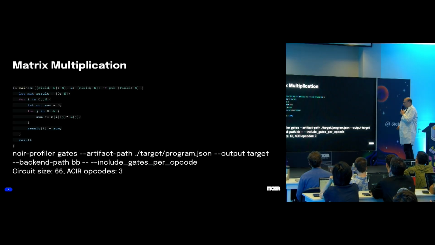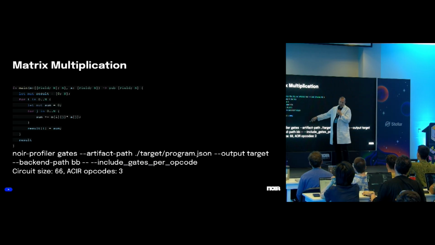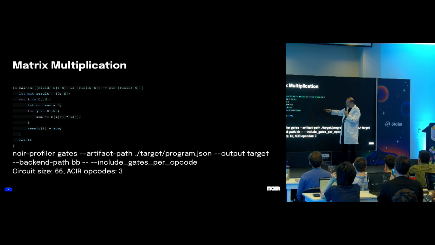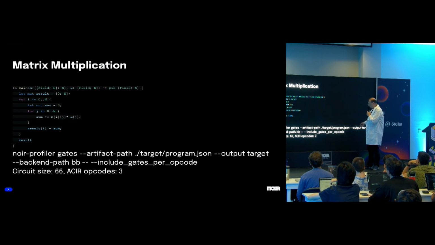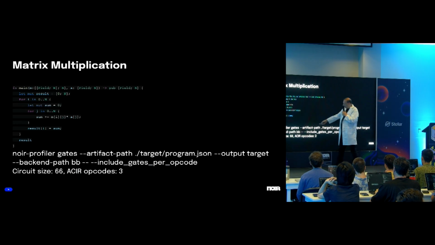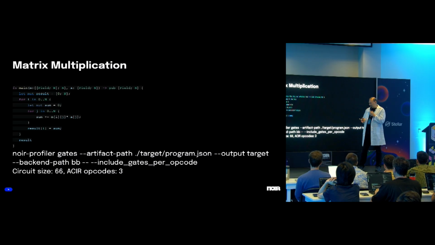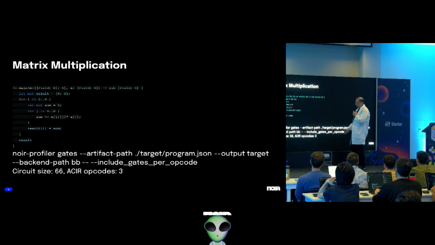Okay. So this is a matrix multiplication example. If you are not familiar with Noir, you see that it's very straightforward to code with Noir. It's a Rust-like language. And here I added a command line that we will be using. It shows you the circuit size, so the result of the compilation, the number of gates that you have. It also tells you the number of opcodes, which is an intermediate compilation step. But what really matters is the circuit size at the end,